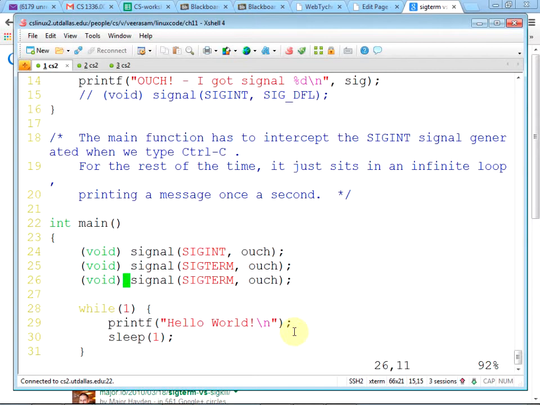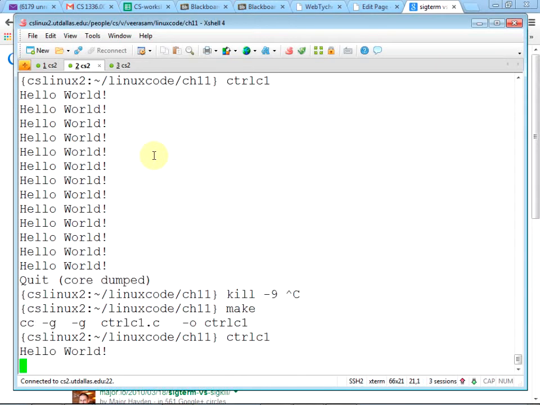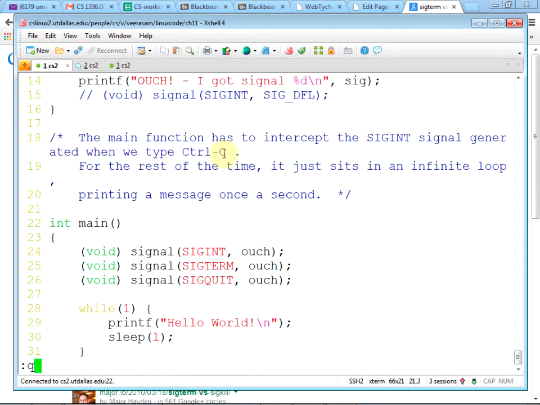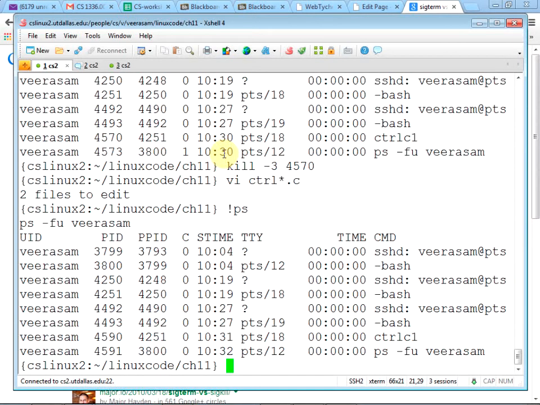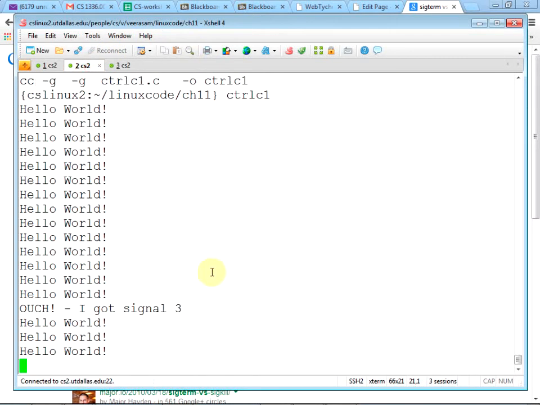So let's try. Okay, so now kill 3, 4, 5, 9, 0. See whether that will work. Yeah.